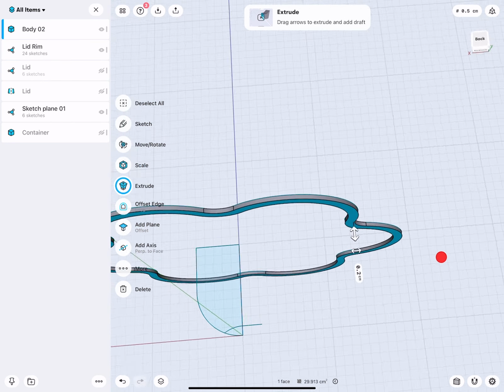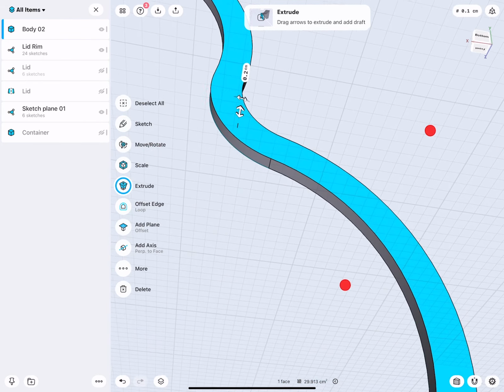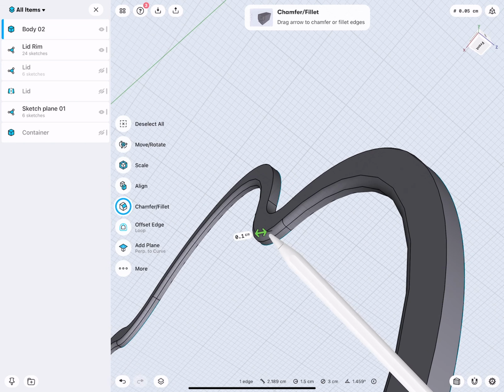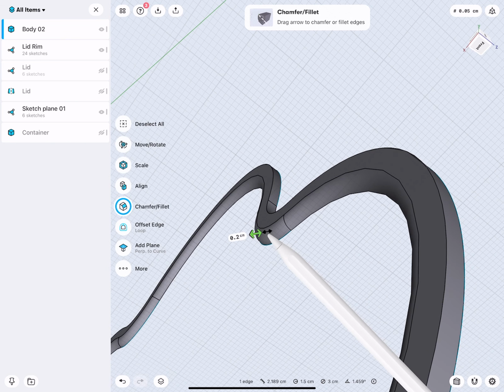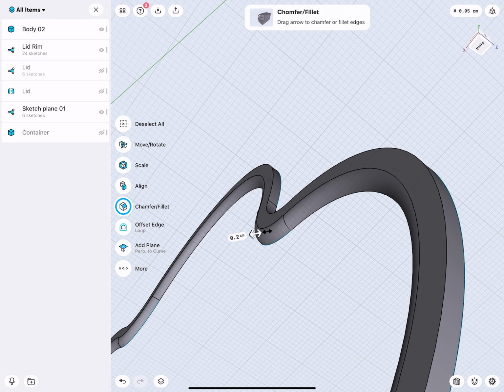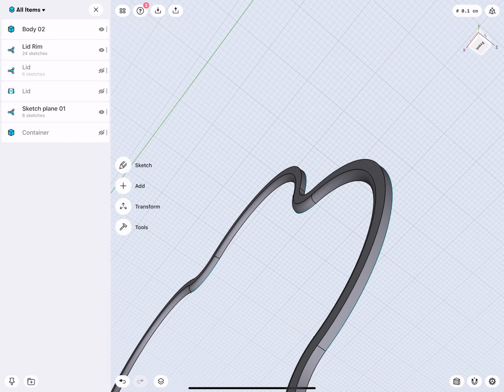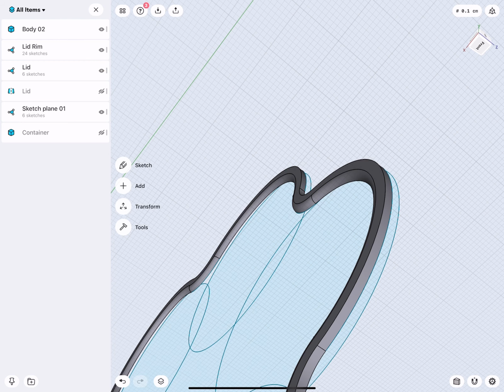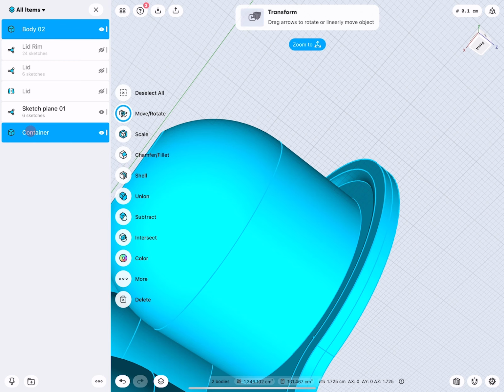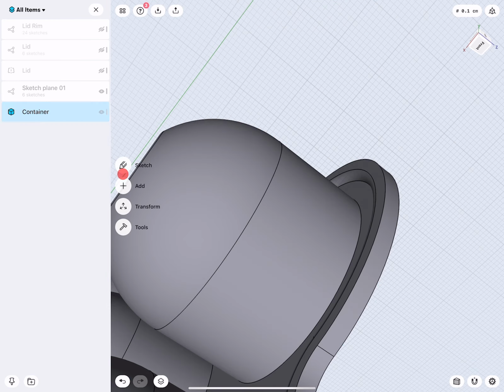Now this I would like to extrude by 2 millimeters down. When this is 2 millimeters, then I can give this a radius of 2 millimeters. There. Very good. And this and this, I can join, union. There.